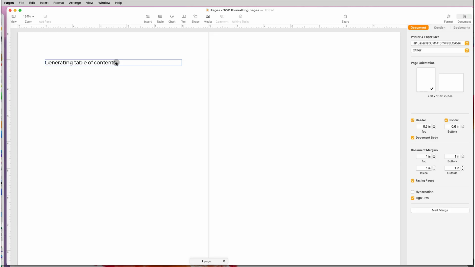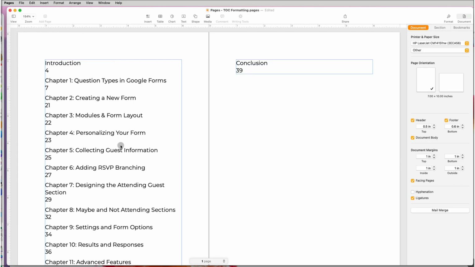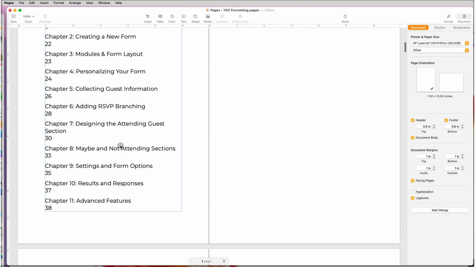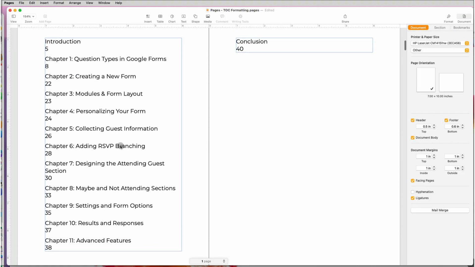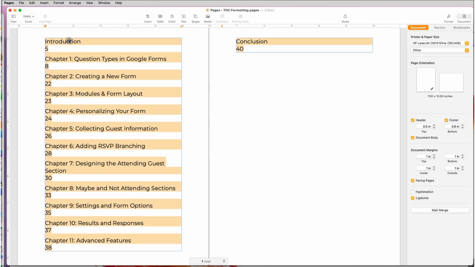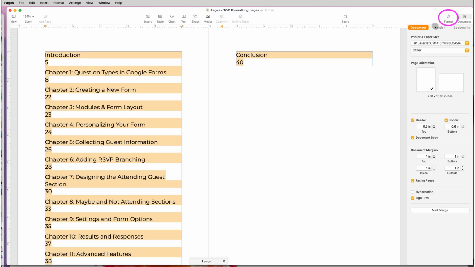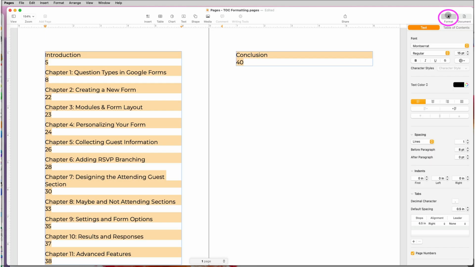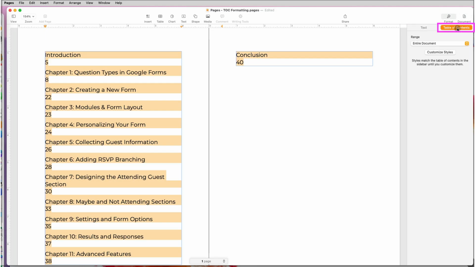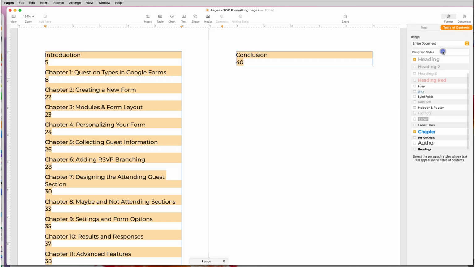Pages will take a moment to generate the table of contents by pulling your headers from the file. I can see that all my chapter titles have been pulled. To add more headings, select the TOC, then go to the Format sidebar, choose Table of Contents, and click Customize